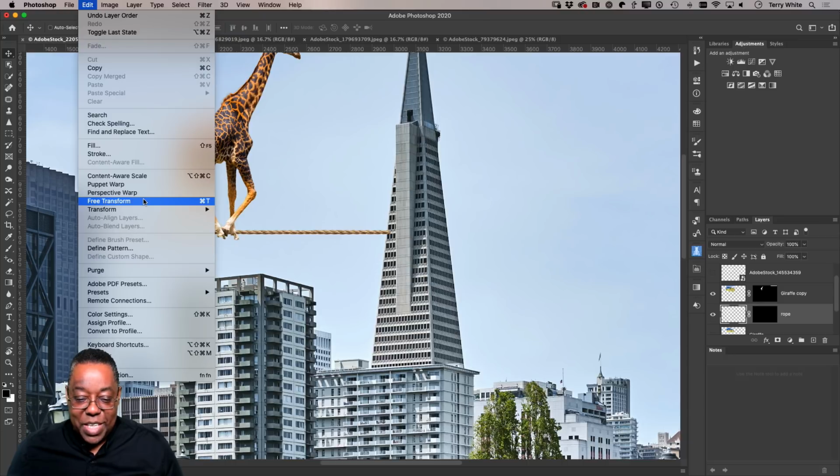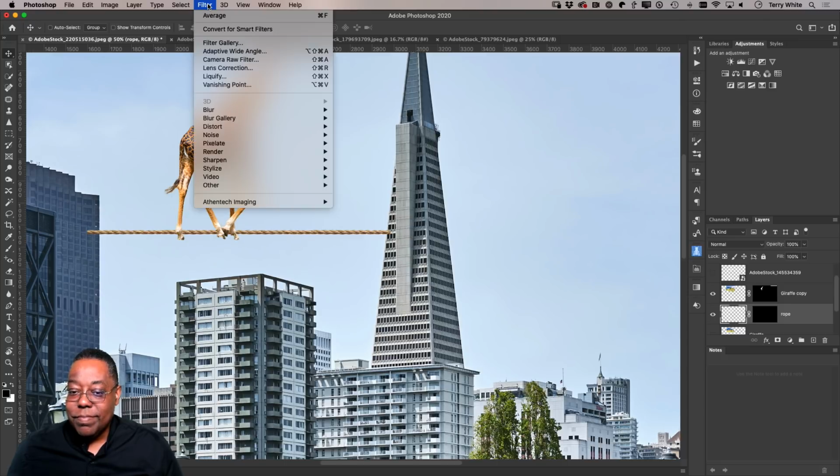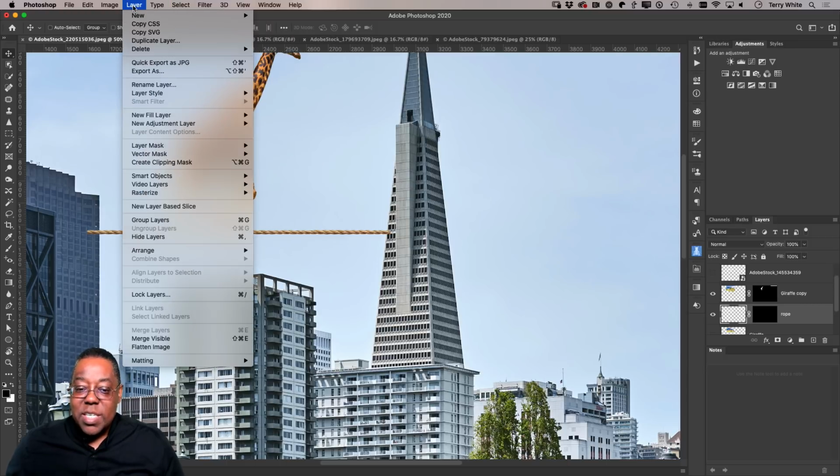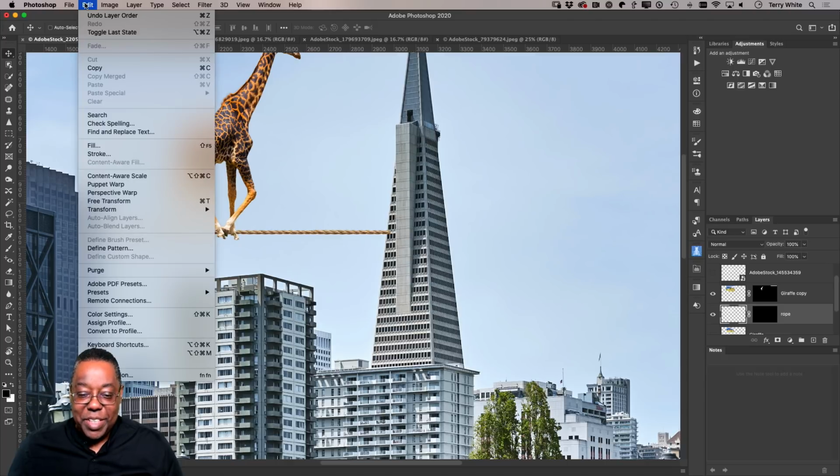Give me a second here. I could warp it, but so many ways to do it, so many decisions. Okay, let me try my Puppet Warp first. That's my go-to. I'm just going to go ahead and do that. All right. We can do Perspective Warp too, but